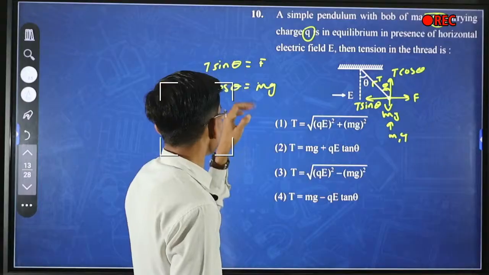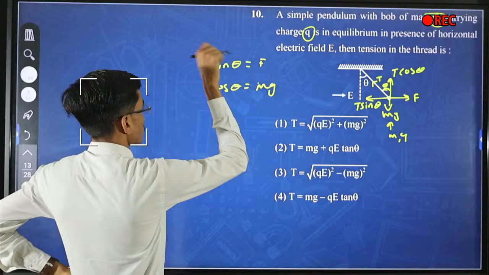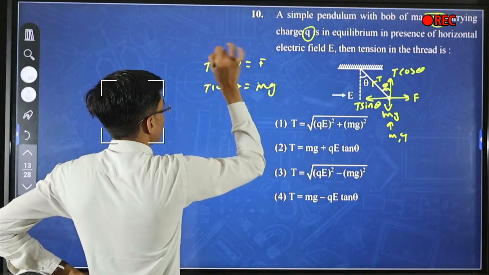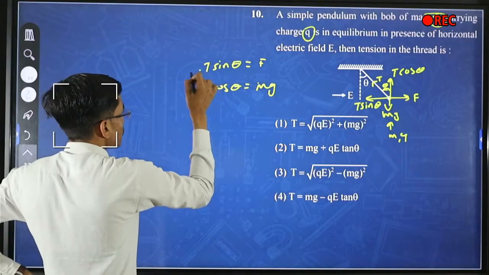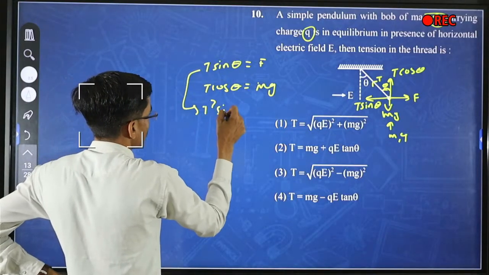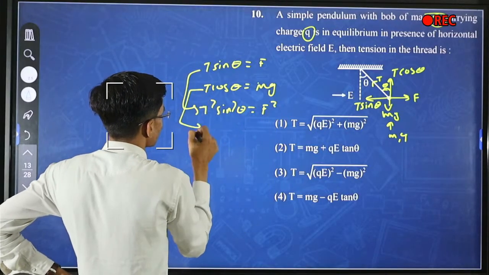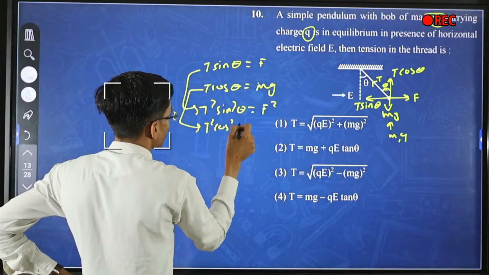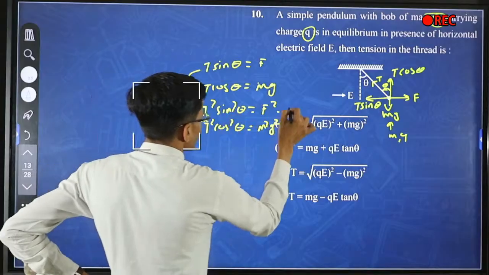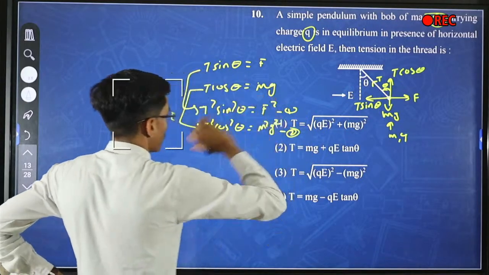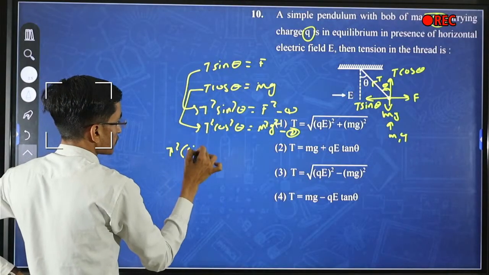So for tension T, we have to eliminate theta. We can square both sides and after that add. So this will become T square sin square theta is equal to F square, and the other equation can be written as T square cos square theta is equal to m square g square. So equations 1 and 2, let us add both equations. We will get T square sin square theta